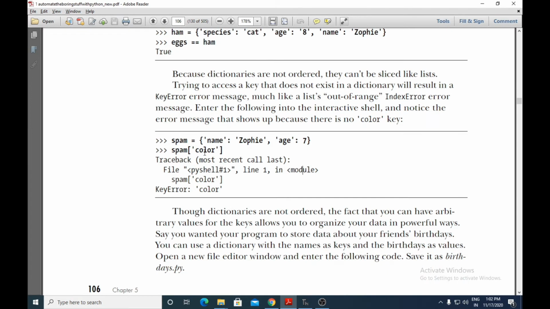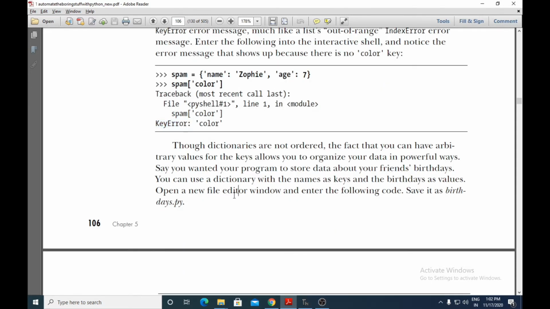For example, we have a dictionary, the variable is spam and the dictionary is name: Zophie, age: 7. Here spam['color'], where usually we give the key, and the key given here is color, but this key color is not there in the dictionary. So the error it gives here is KeyError.